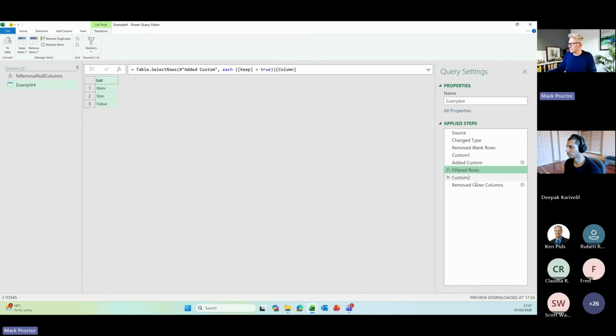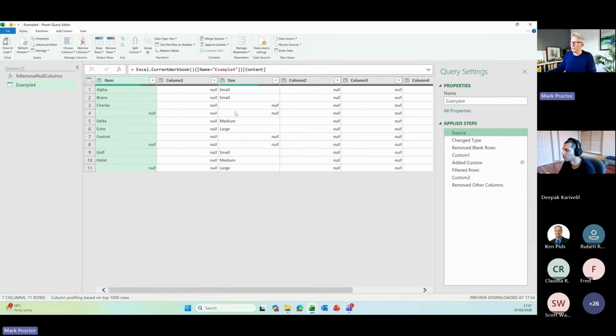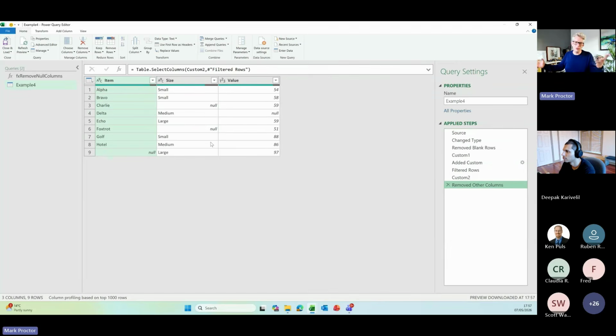We would normally change these column names. Change that to hash filtered rows. And therefore, we've now got from our source, which contains blank rows and blank columns, all the way to a data set that's removed the completely blank rows and the completely blank columns. And as I said, we've got